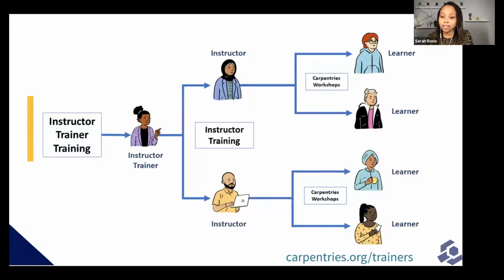The instructor training curriculum is also maintained collaboratively, which ensures we include a broad range of perspectives from community members from around the world and from different domains. And it also allows us as the Carpentries to stay abreast with educational research and pedagogy. Training in best practices for curriculum developers as well as instructors is also completely open, which we think helps to ensure quality.